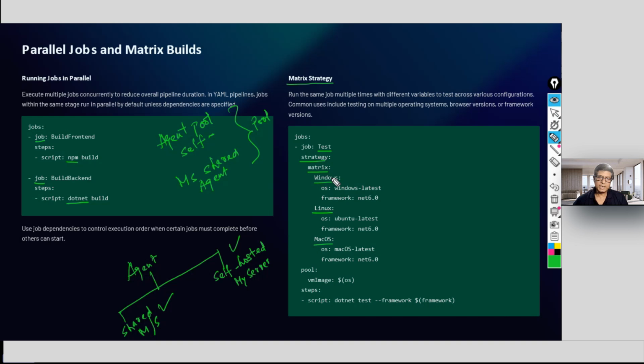So you are saying that if it is Windows, the operating system is Windows latest. If the framework is all .NET, okay, .NET 6.0, but they are available on OS if you are using a Windows environment. Okay, if your application is built over Windows, you need a Windows OS, or if the application was built over Linux, you need Ubuntu latest.